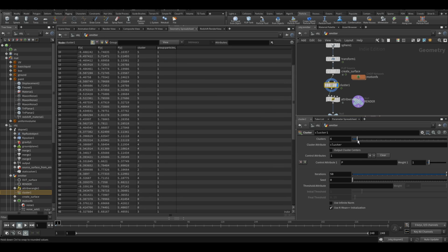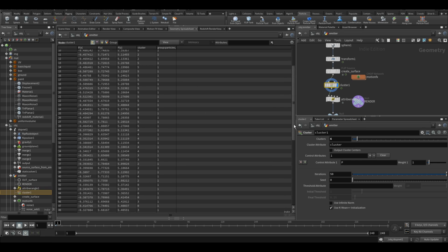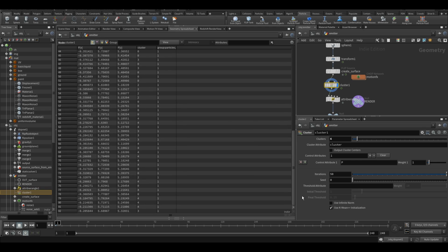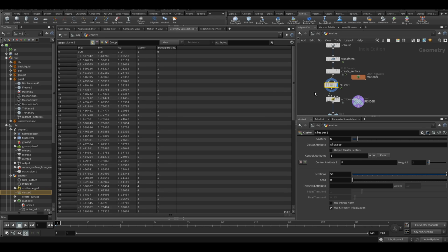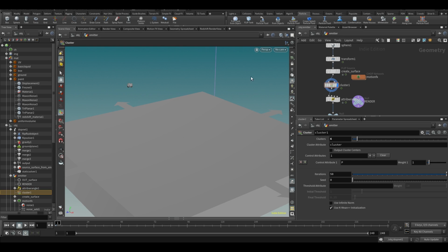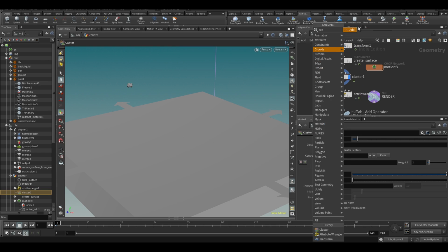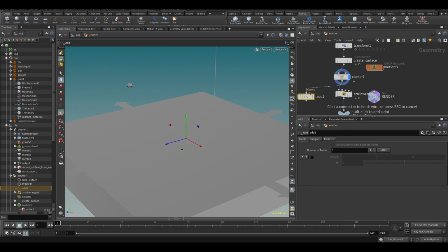You can see we have 10 clusters. If we make, let's say, 6, then we make it 6 clusters from 0 to 5. Now we can use this cluster. And by the way, we can visualize this if we want. Maybe let's have a look at that. So if we just do an add and then delete